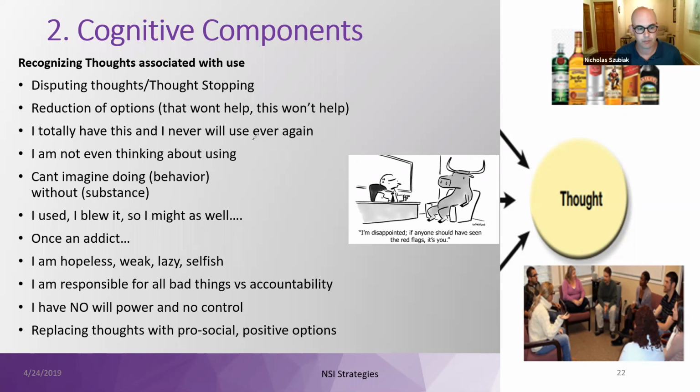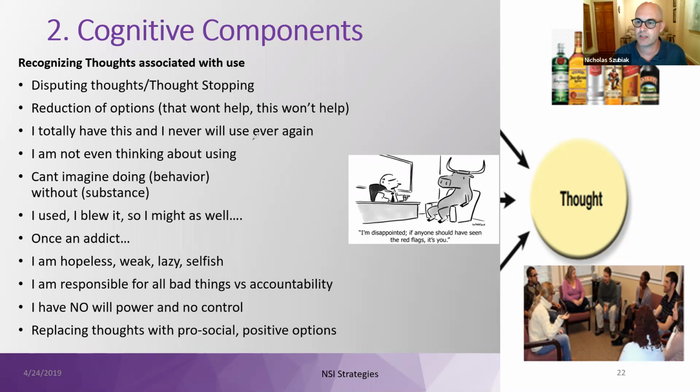A lot of times in addiction treatment, we come up with the word, and it's a carryover from our old way of treating addiction from a punitive standpoint, of being responsible and building responsibility versus accountability. And helping our patients understand they're not responsible, that people with a substance use disorder, while they are accountable for their behaviors, if we go back to our definition, it's not their fault they have a substance use disorder. That changes have occurred in the brain. They've robbed the neural pathways. There's been adaptive changes in the brain. They're being compelled to use, not by their choice, but because of what's changed in the brain.